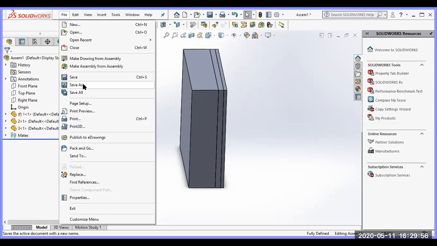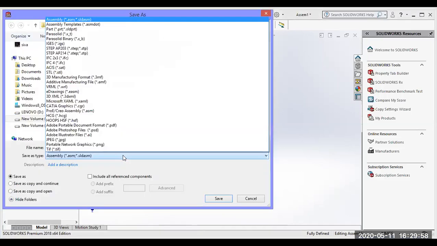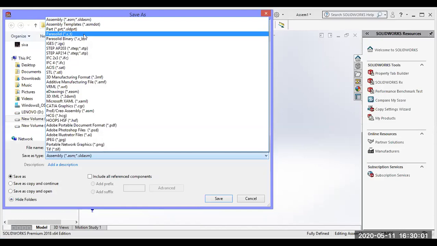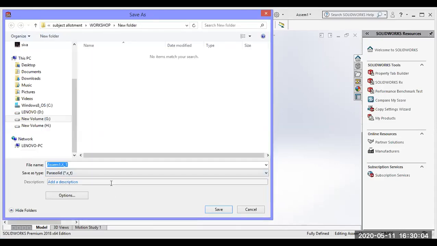Now save as. I am going to convert here, Parasolid. Click Parasolid. What does Parasolid mean? This is a translator. What is meant by translator? Suppose SolidWorks is one software, ANSYS is another software. The same SolidWorks file we cannot open in ANSYS software. Why? Because this is different software. We must translate from one code to another code. For that purpose, we are going to convert as a Parasolid. You can use this Parasolid file in any software. Suppose in CATIA, you want to open it, you convert.